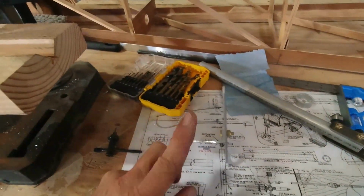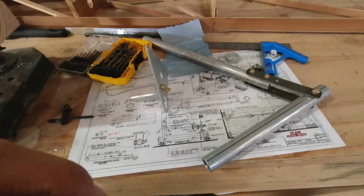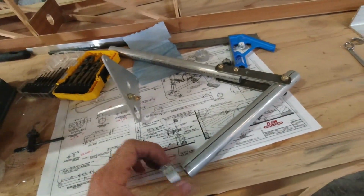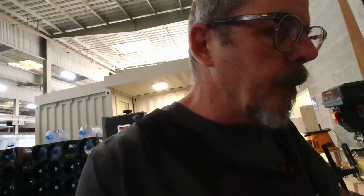We can get this drilled, and then we can get the holes drilled for this, because this actually gets drilled when it's in position here inside the plane. And then that'll help us keep going. So I'm going to get the plane off of here and flip it over, and I think I might actually, before doing that,